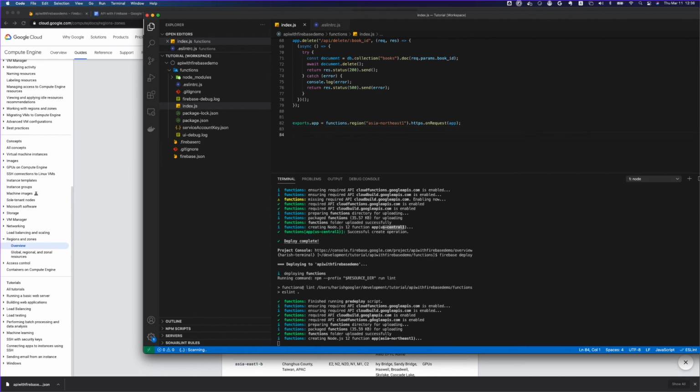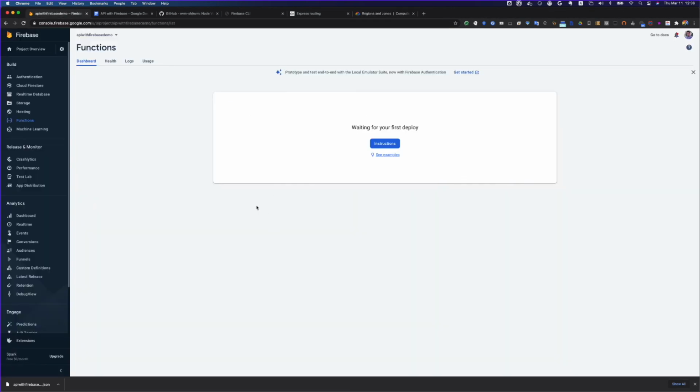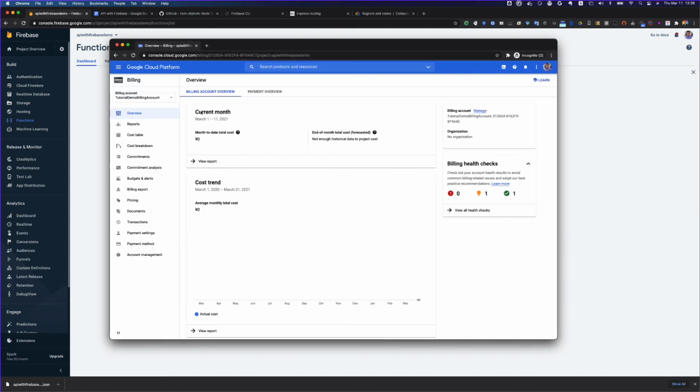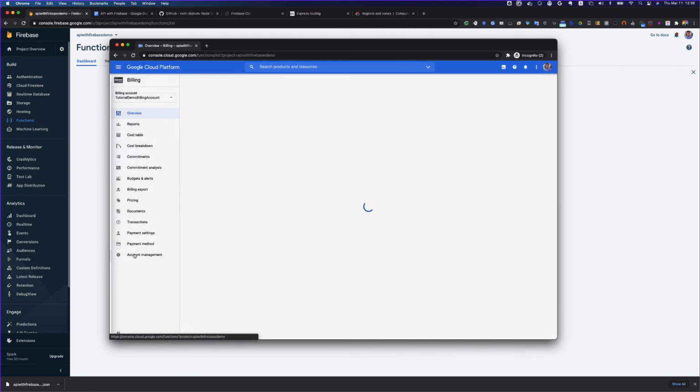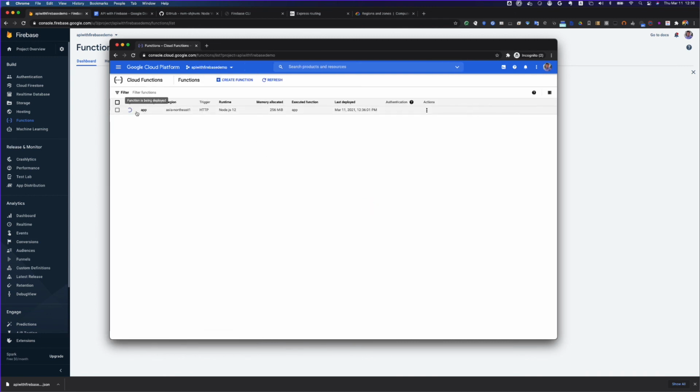So once it is deployed, you will be able to see that deployed API in your Firebase console as well. And also you can see this in Cloud Console as well. So let me show you that as well. So if you go to Google Cloud Console and go to, where is there, Cloud Functions, so you will be able to see that you can do the same thing here as well. So it's currently deploying, function is getting deployed, so you can do the same operations like deleting and updating anything from here as well.